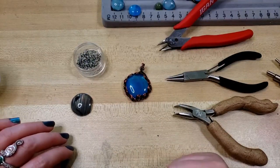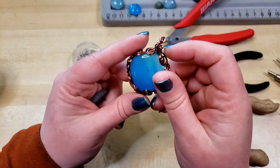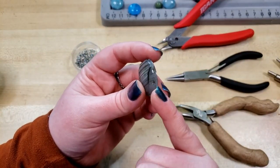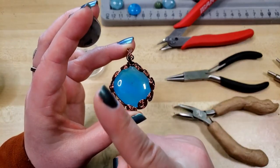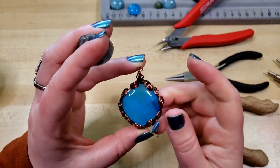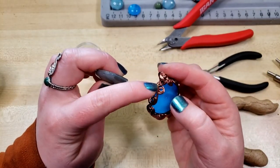Hey everybody, I'm Yvonne Williams with Back to Earth Creations, and in this video I want to show you guys how I'm going to wrap one of our groovy style cabochons in a spiral setting like this piece here that we've made in a previous tutorial, that maybe is popping up on a card, but will certainly hopefully be down in the video description. But I'm going to be showing you how to make it a little bit fancier by